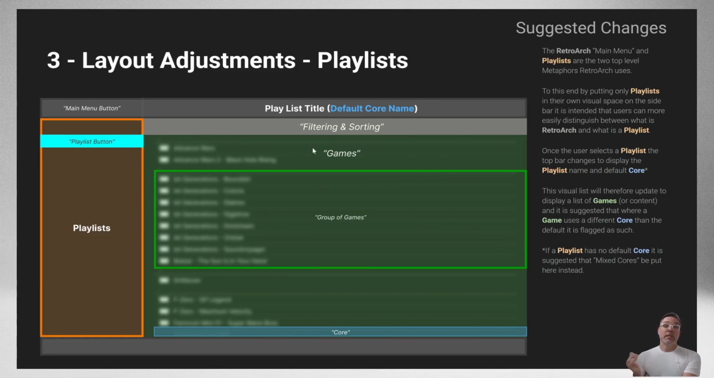And obviously for playlists that are a mixture, because that's possible, history is one, favorites is one, then I think either have nothing here, or my preferred option would be something like "mixed cores". That way, we're still continuing to reinforce to the user that there is this concept of cores. And then lower down here, which will become more apparent when we actually look at the mock-up, where a game